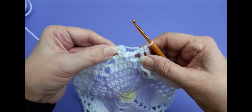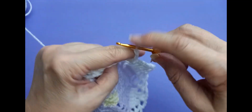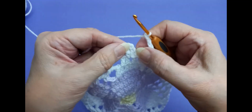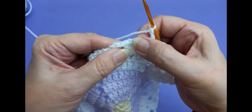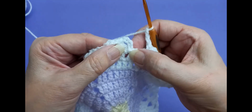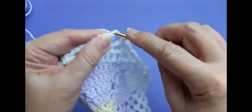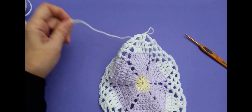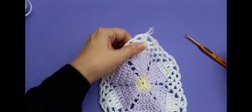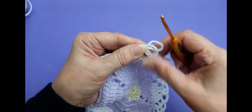Now I'm almost back at the beginning. I'm going to do my last chain 3 and I'm going to slip stitch into the 3rd stitch in that chain of 4 that we started with. 1, 2, 3. Slip stitch in there, and we can take our yarn off, pull it through,